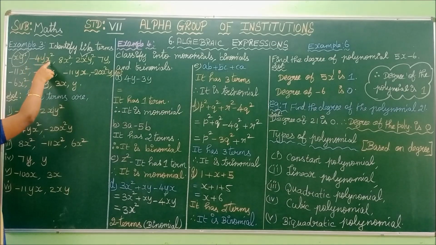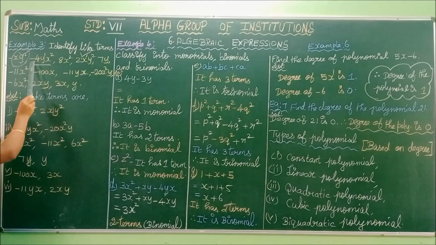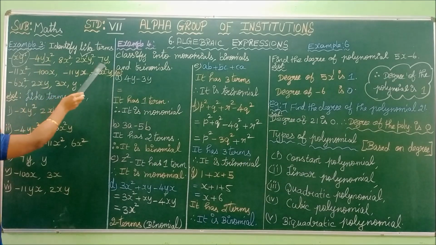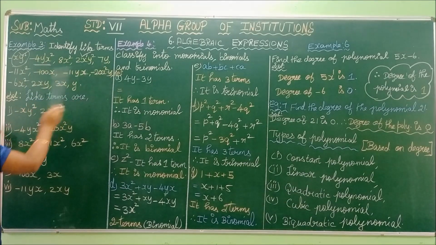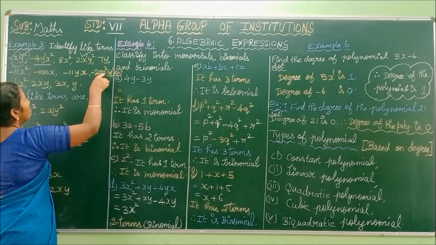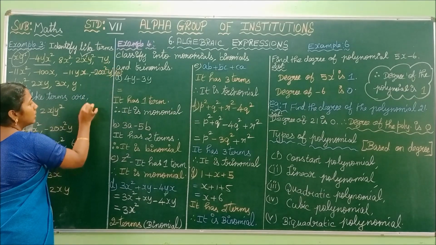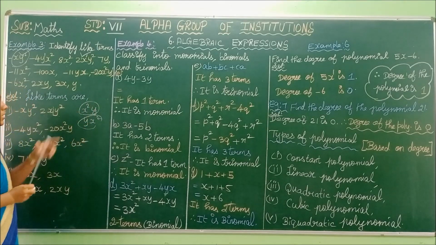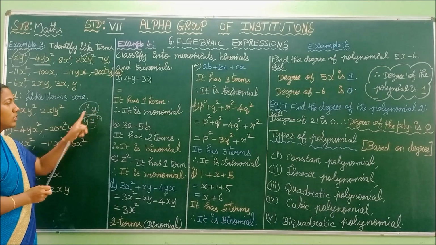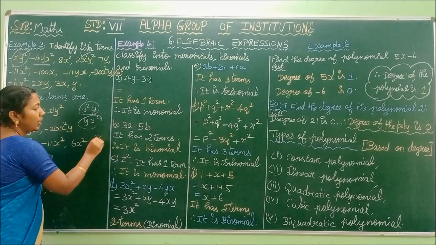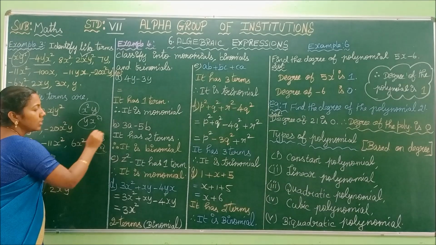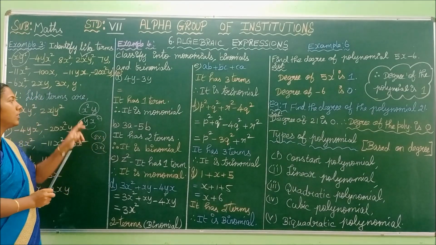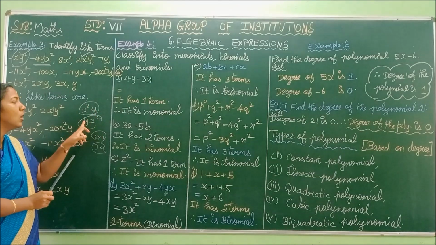Minus 4 y x square. Here power of y is 1 and power of x is 2. Again you have to search for any terms like this, with this algebraic factor. See here, no one like this. See here, power of y is 1 and power of x is 2. See here, children, x square y and y x square, both are the same. Remember this, x square y is also the same as y into x square. Like 2 into 3 and 3 into 2, both are the same because their values are equal to 6 only. Like that, x square y is always the same as y x square.